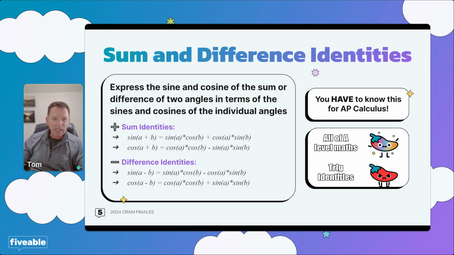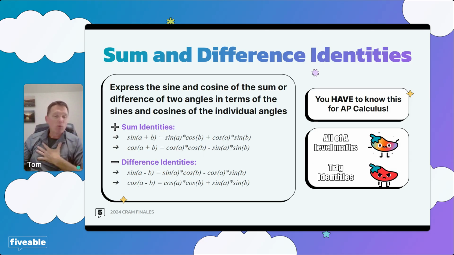One of the ways I remember this, if you look at the sine versions of these, you'll see it's always sine, cosine, cosine, sine. If you look at the cosine version, you'll see it's cosine, cosine, sine, sine. So that's a little bit you're going to want to remember as you go through this. What most students really struggle with is trying to recall the sign, that is the plus or the minus sign, in these identities.